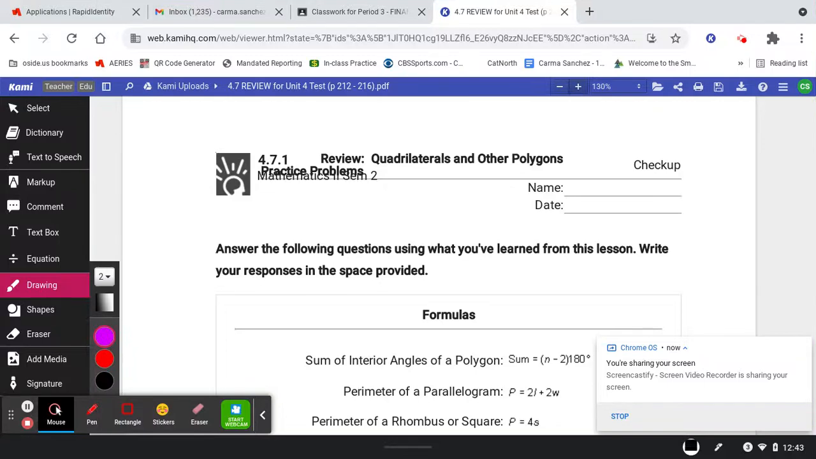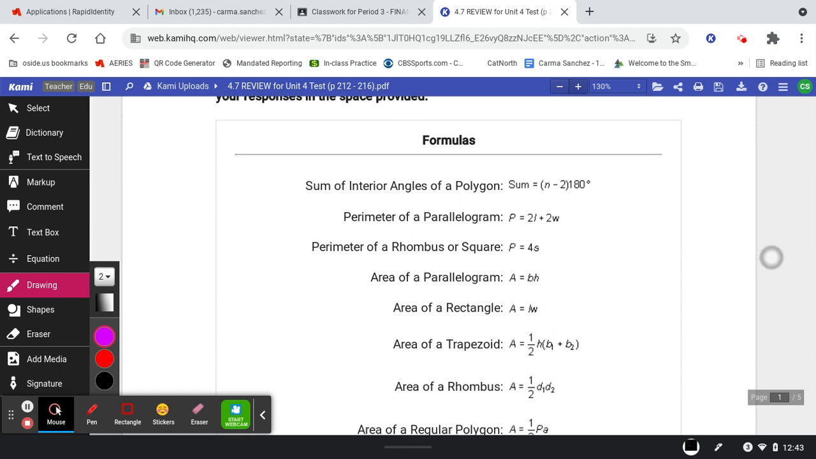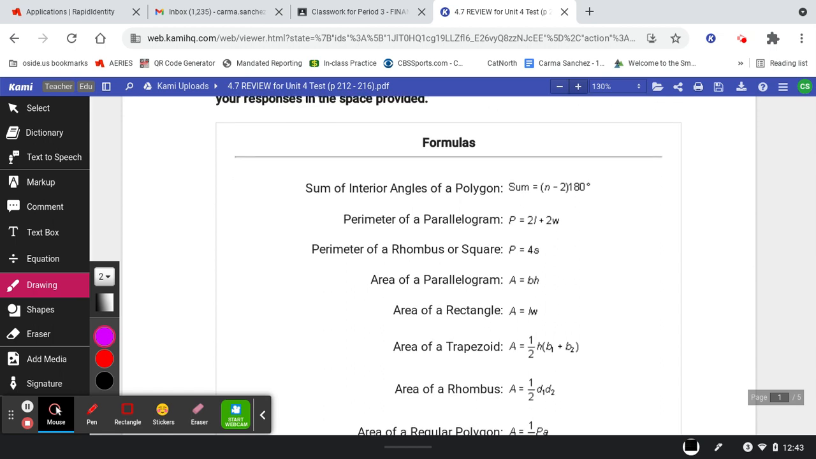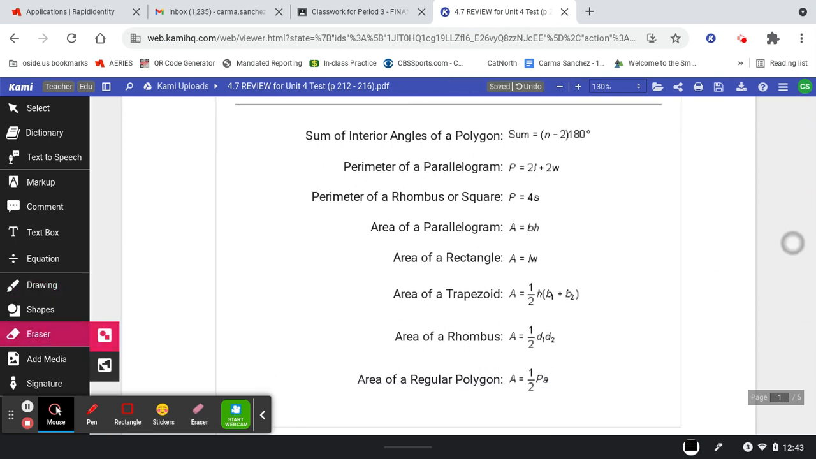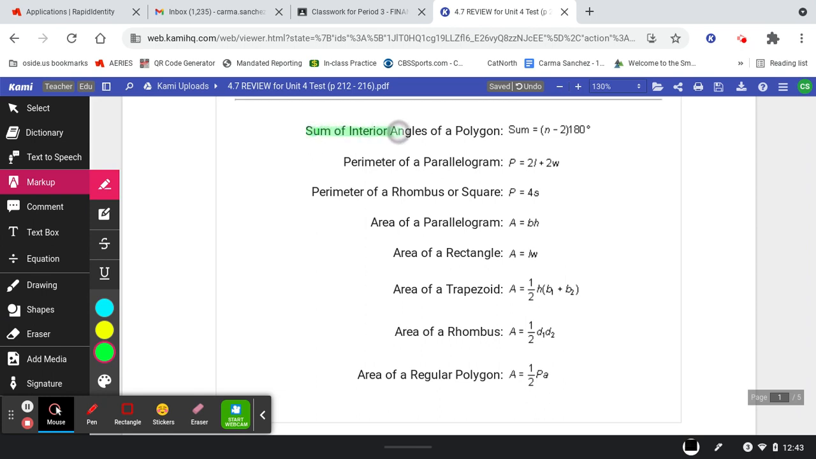Okay, so we're reviewing for the test for Unit 4, and it's not only going to go over all the stuff we did in sections 1 through 6, but it's also going to go over area, perimeter, formulas of all of the different shapes. So you'll notice here that we've got formulas. Sum of the interior angles of a polygon, that is the one we learned in sections 4.2 and 4.3, but then perimeter of a parallelogram, perimeter of a rhombus or square,